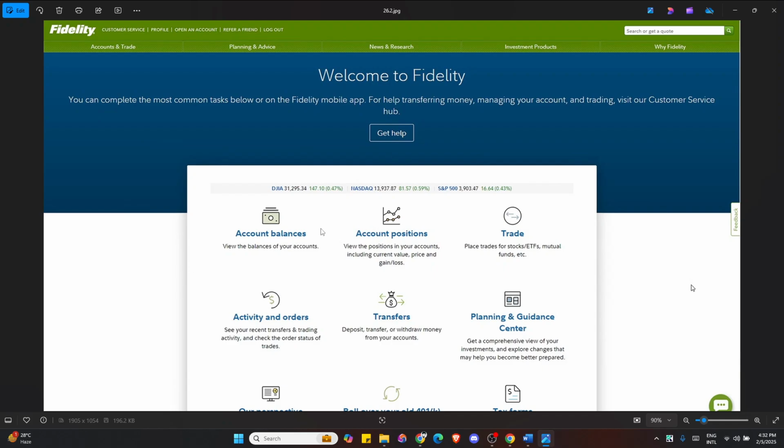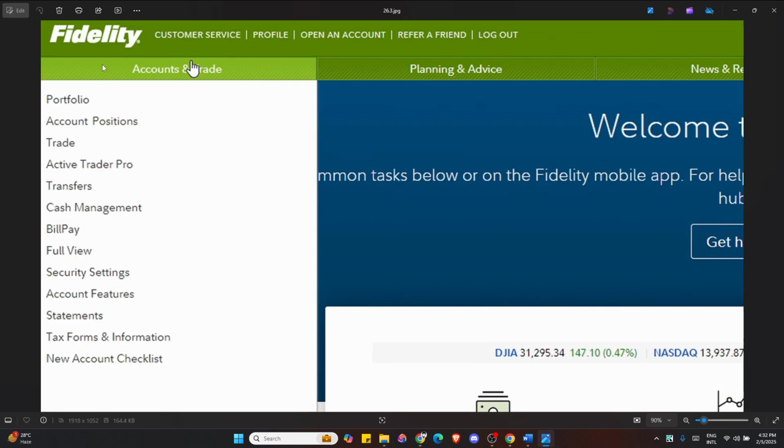Now to link your bank account, we're going to click on the account and trade menu. This is at the top left of the screen. Click on that, and from the drop down menu you'll select transfers. Now that we are on the transfers page,